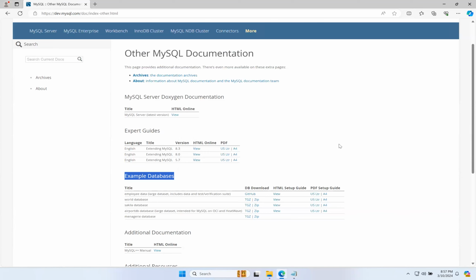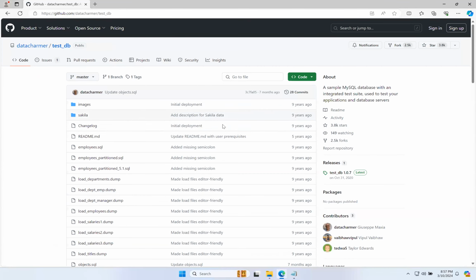Okay, so then I want employee data. Okay, I want employee data. So for that, I'll go to this DB download section, GitHub section. Click on this GitHub. So here, once you go here,